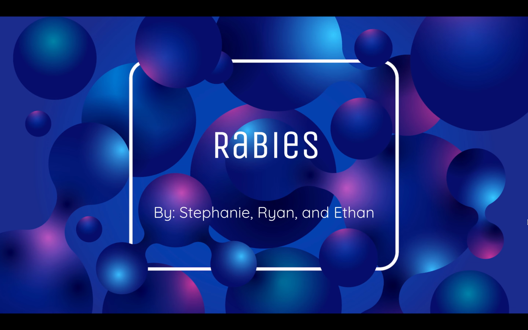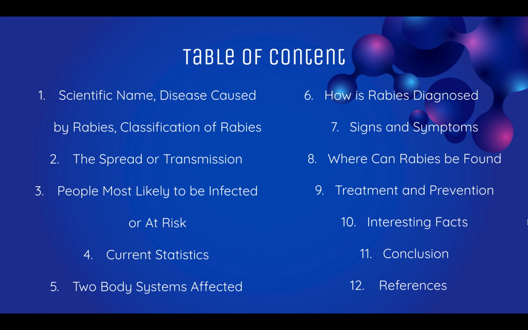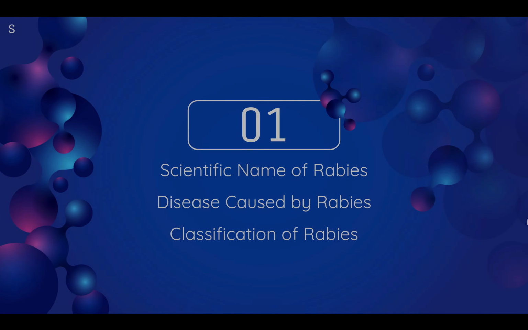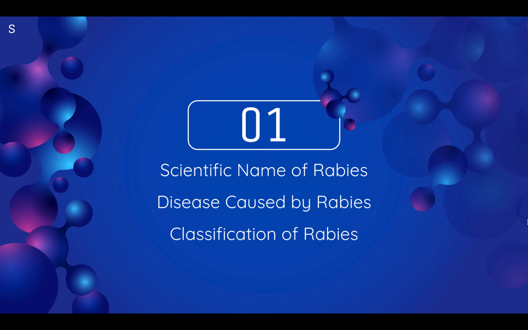The infectious disease that we chose was rabies. We will be talking about a lot, but a few things include the transmission, the current statistics, signs and symptoms, and treatment and prevention. The first thing we will discuss is the scientific name, the disease caused by rabies, and